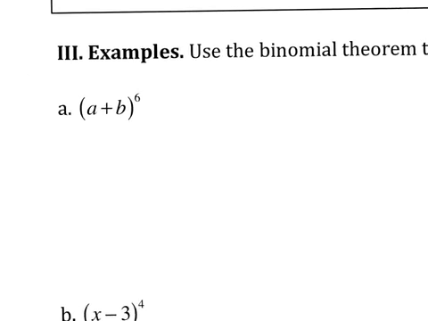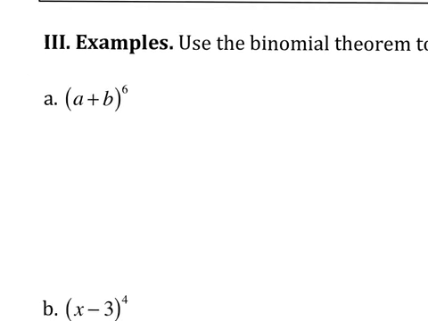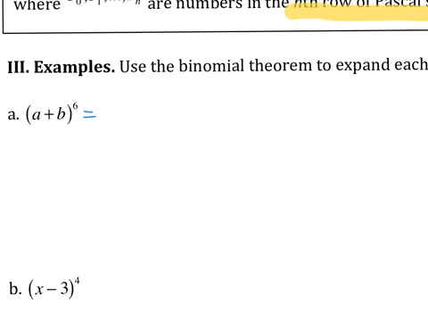So let's unpack this one here. So how do I rewrite this using the binomial theorem? Well, I do know what my coefficients are. They're the 6th row. So I know what my coefficients are. They're 1, 6,